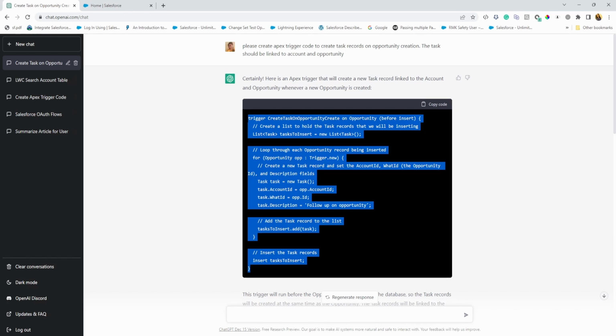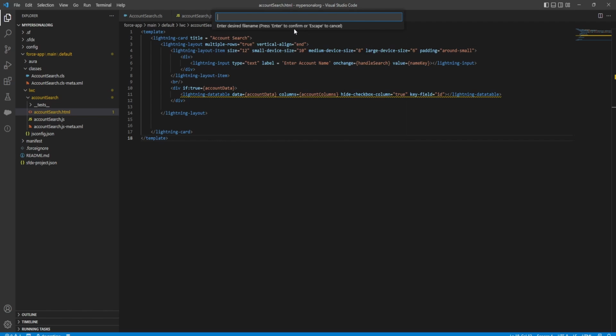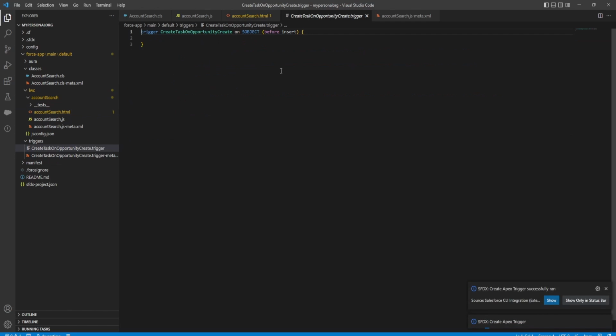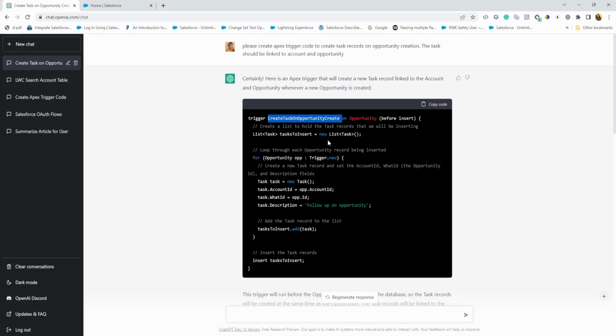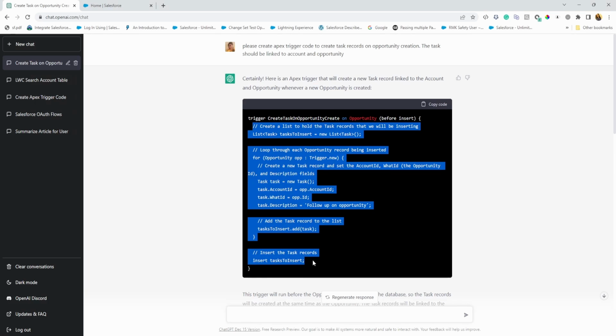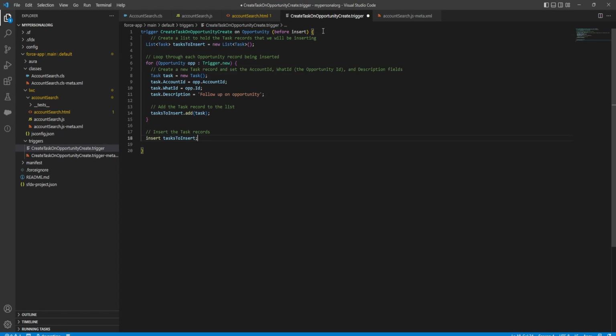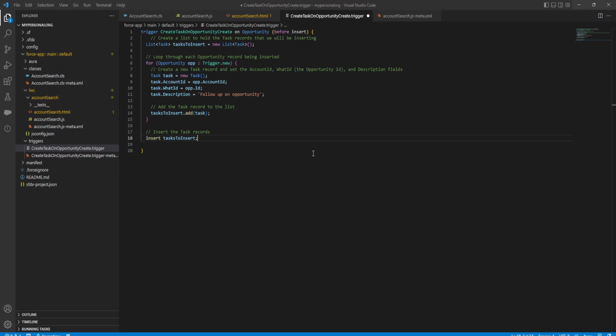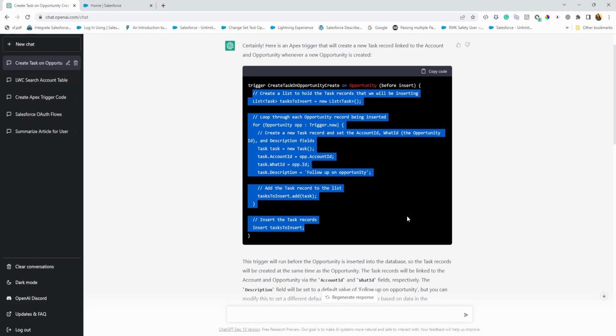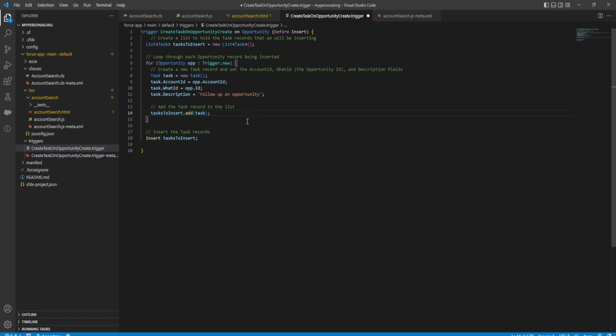In fact, let's do that right now. So this is my trigger, and it says before insert, and I'm going to do opportunity. Okay, and then I'm going to just copy this portion of the code, type that here. So it's actually before insert. I'm just going to run it as it is without making any changes and see what happens. Saving this code,